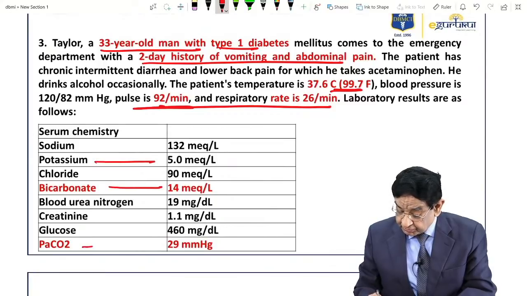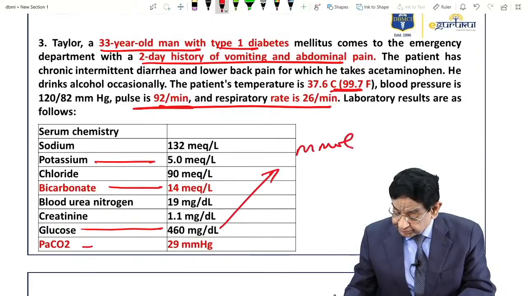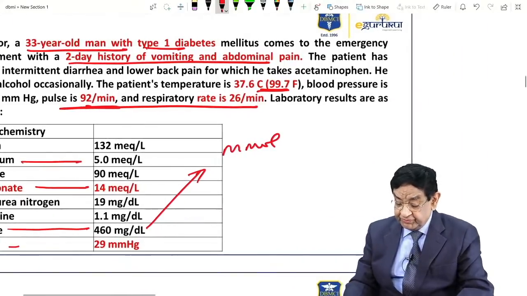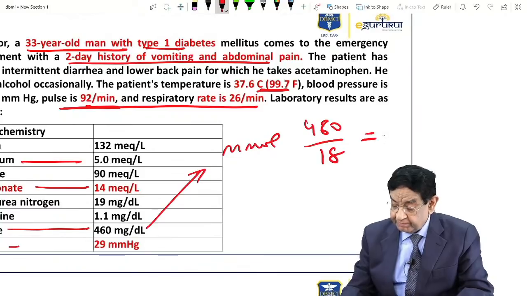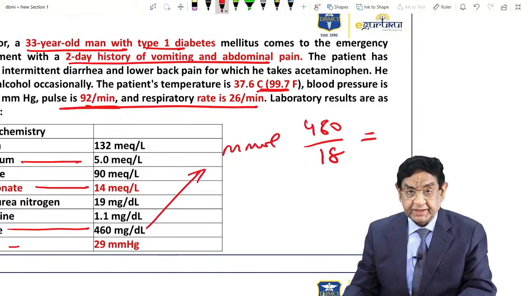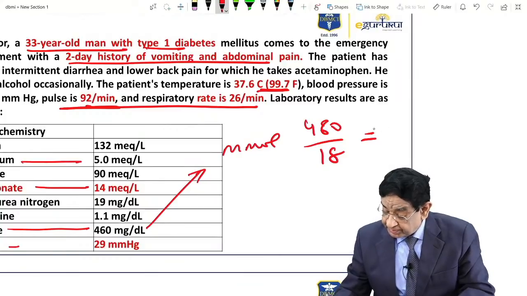Glucose is 460 milligram percent, and if you convert it into millimole per liter, how do we convert? We convert by dividing milligram percent by 18, so that we convert into millimole per liter. It should be somewhere around